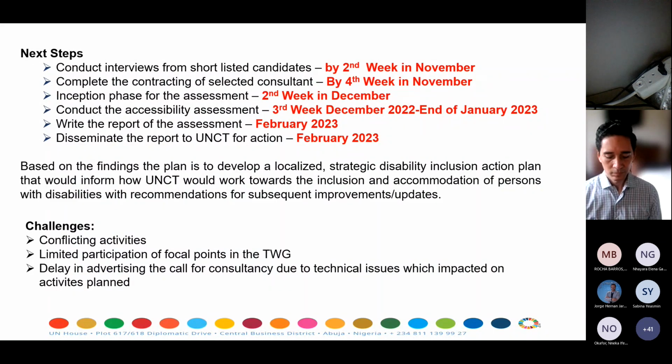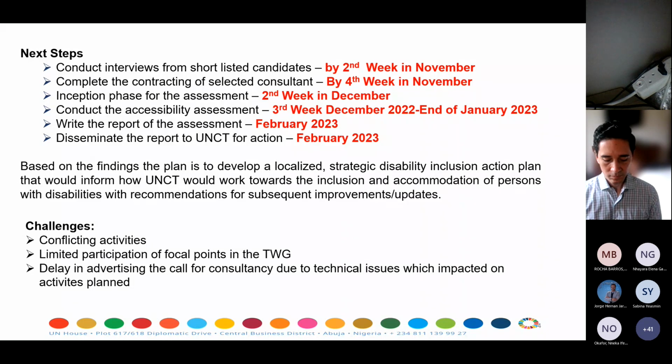So based on the findings of our assessment, we'll be able to come up with a localized disability inclusion action plan that will also look at the accommodation of persons with disability, with recommendations. And I'm sure that the UNCT will be willing to implement the recommendations.